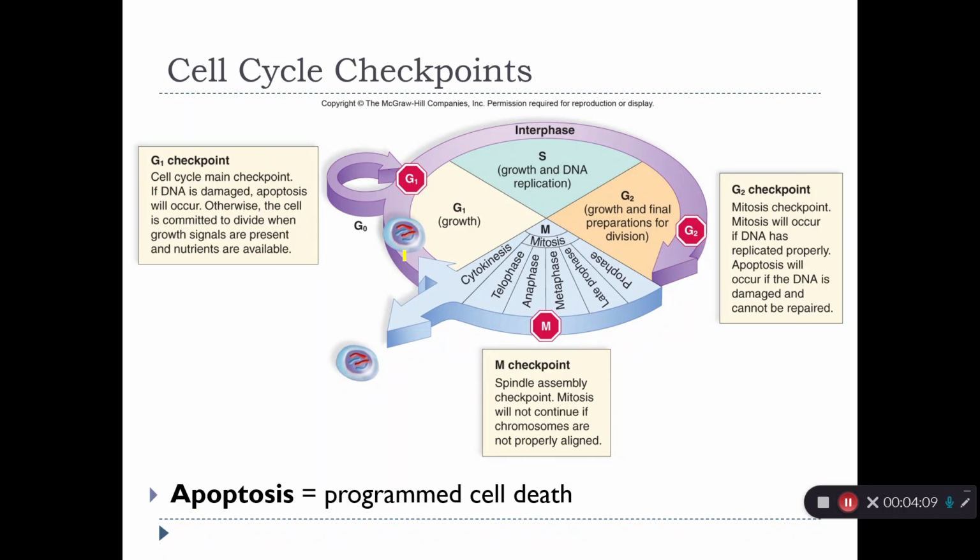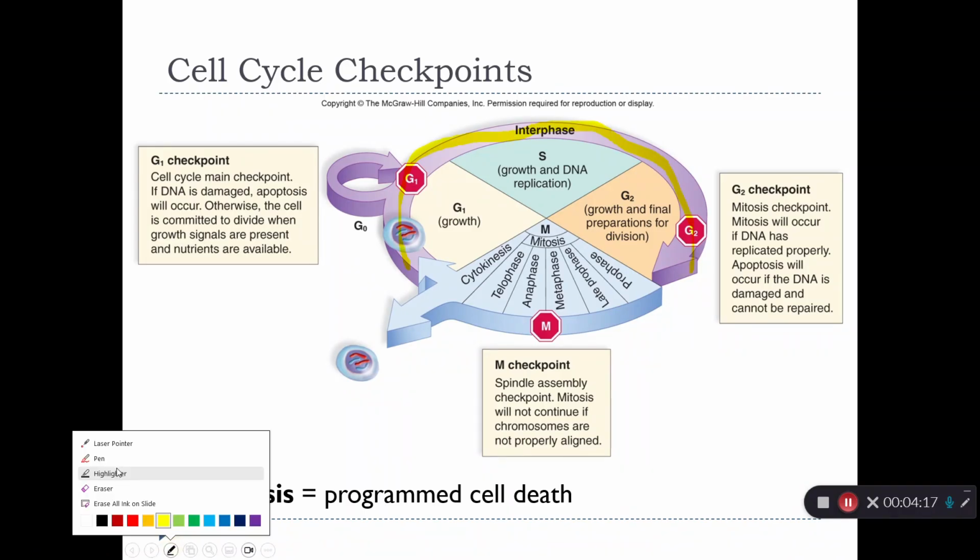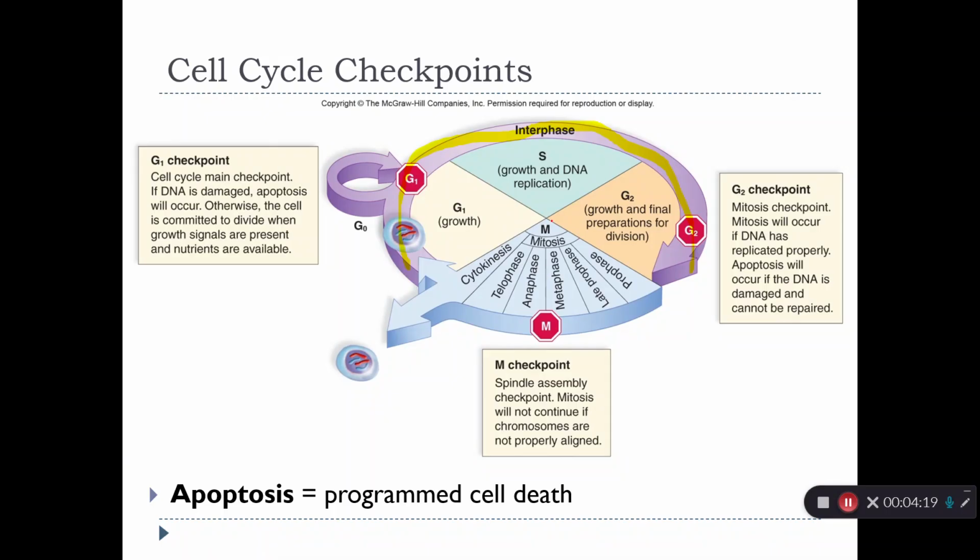Okay, so this is that same image but bigger. You've got interphase, which we said is 90% of the time: G1, S, and G2. And then there is mitosis right here. We're going to learn prophase, metaphase, anaphase, telophase, and then complete division is cytokinesis. Highlight for me that